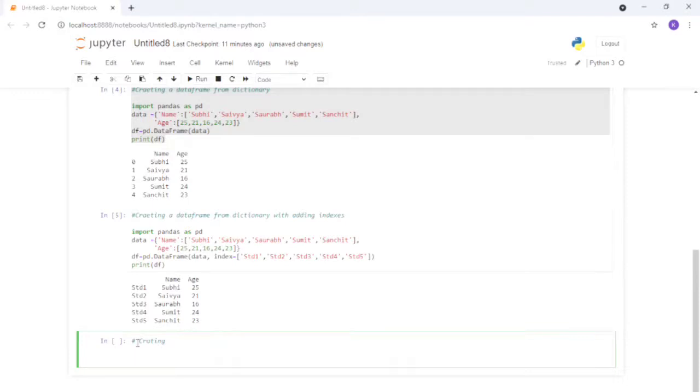Creating a data frame from list of dictionaries. Okay, so how we can create, we have to just import the same module, import pandas as pd.